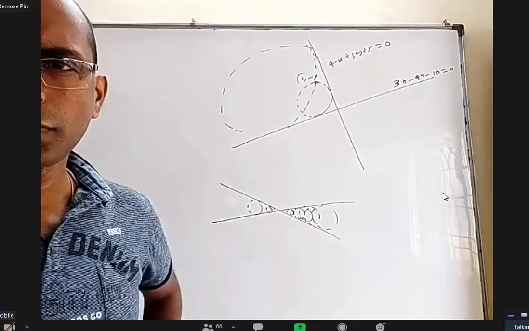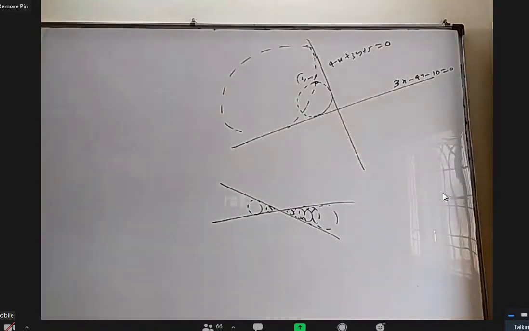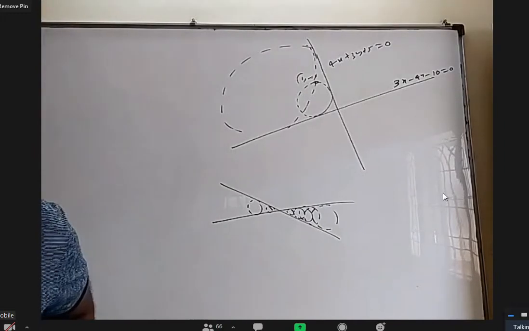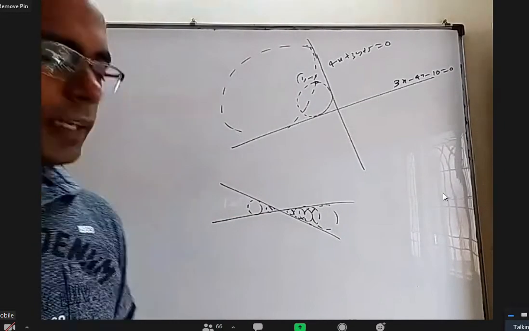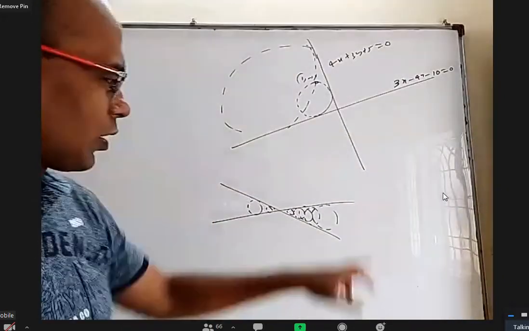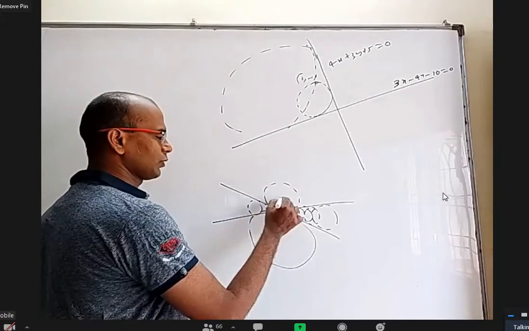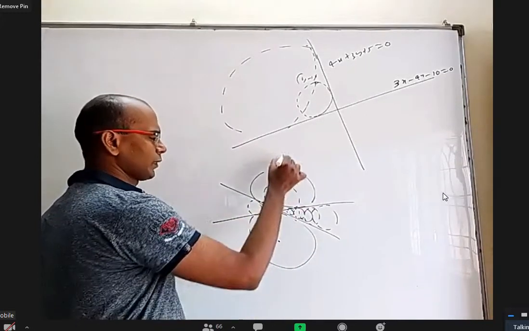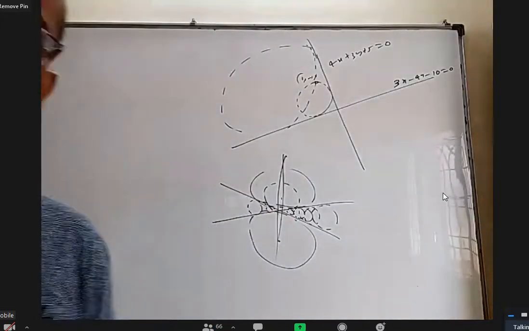Perpendicular bisector of the two lines. What do you mean by perpendicular bisector of two lines? Come on. Sir, angular bisector. It will be the angular bisector of the two lines, and it is both pairs of angular bisectors. Not only this, there will be a circle like this touching both the lines. How will you explain that it has to be the angular bisector?